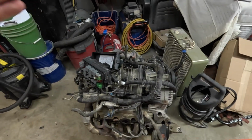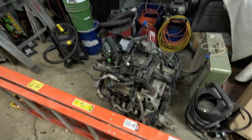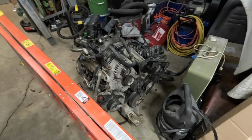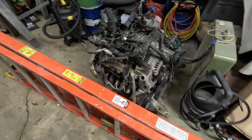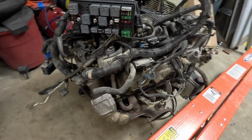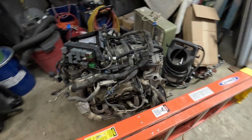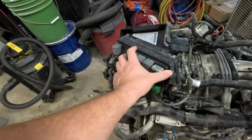But here it is, the L67, the Supercharged 3800, or as the Australians call it, the Ecotech. I just call it the 3800, who cares? Anyway, so here it is, in all its dirty glory, and yeah, I have started spraying down a bunch of bolts because I'm not going to use any of this exhaust stuff. As a matter of fact, I'm not actually going to use this wiring harness,